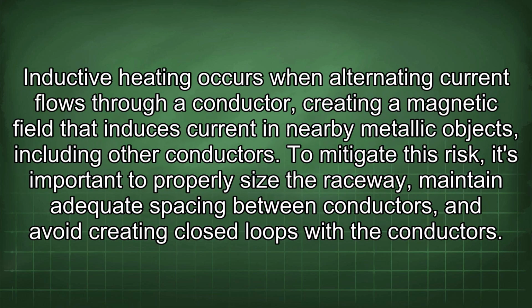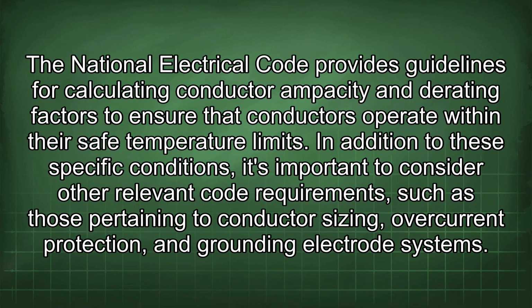Inductive heating occurs when alternating current flows through a conductor, creating a magnetic field that induces current in nearby metallic objects, including other conductors. To mitigate this risk, it's important to properly size the raceway, maintain adequate spacing between conductors, and avoid creating closed loops with the conductors. The National Electrical Code provides guidelines for calculating conductor ampacity and derating factors to ensure that conductors operate within their